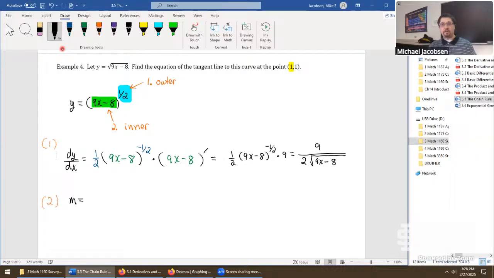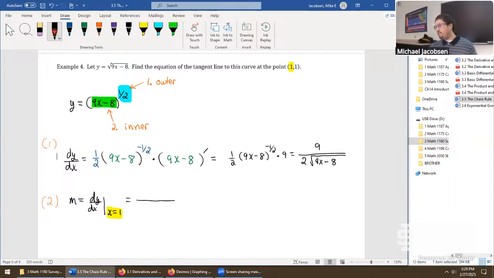Step 2 is produce the slope. The slope you can continue to call m. It's dy/dx. But that's the slope. dy/dx is the slope at any point x. We evaluate it when x equals 1. x equals 1 is from the first coordinate right up here. And that means